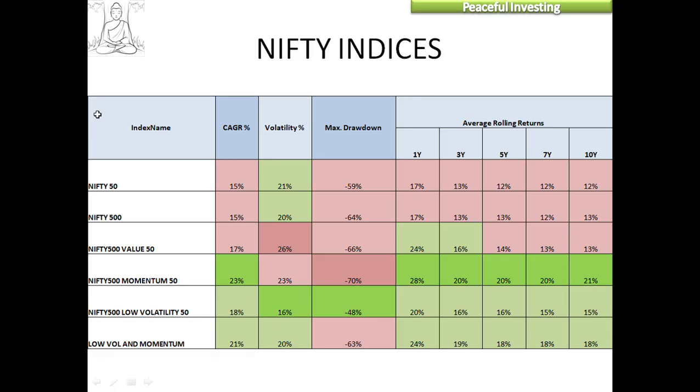Similarly, we have calculated minimum and maximum values of these rolling returns. So there was a point when the maximum rolling return for Nifty, for 10 years, was 17% CAGR. There was a time when the 3-year rolling return was 42%. That means for a 3-year period, if we calculated the CAGR during that period, it came out to be 42%.